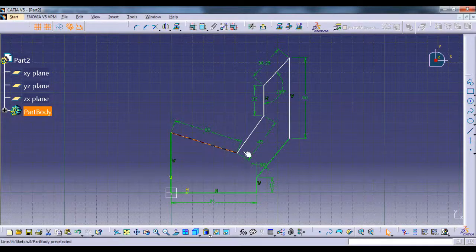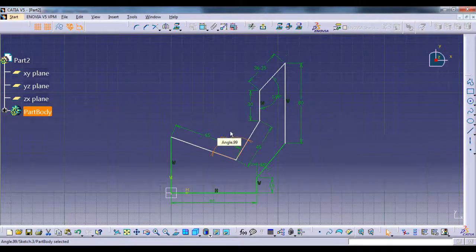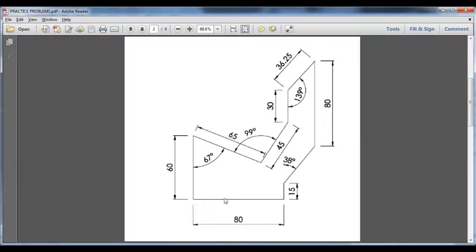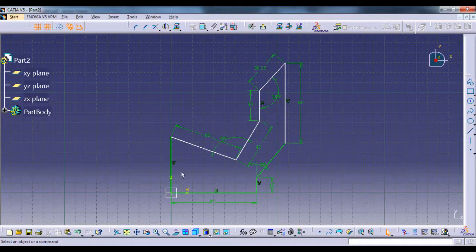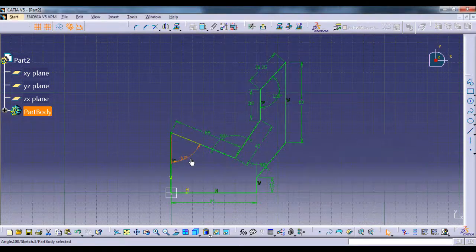So first we will select these two lines and the angle is 99 degrees, and the angle between this vertical line and this inclined line is 67 degrees. So this line and this line become 67 degrees. Okay, that's it.